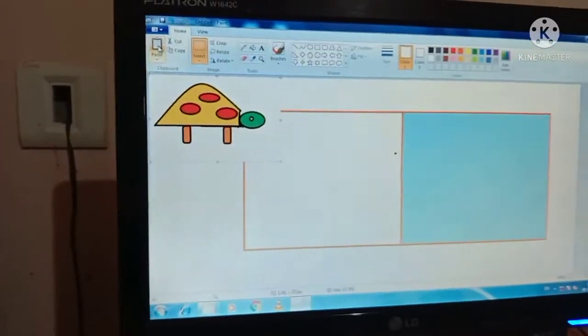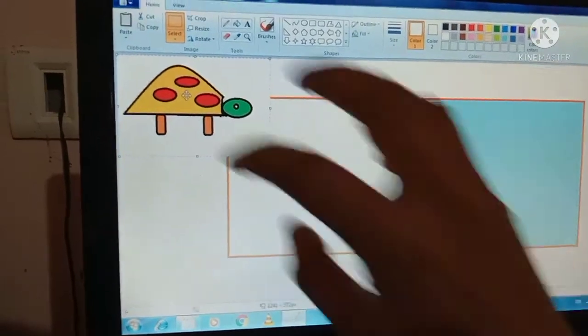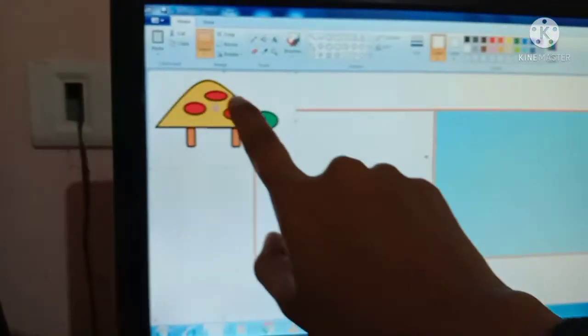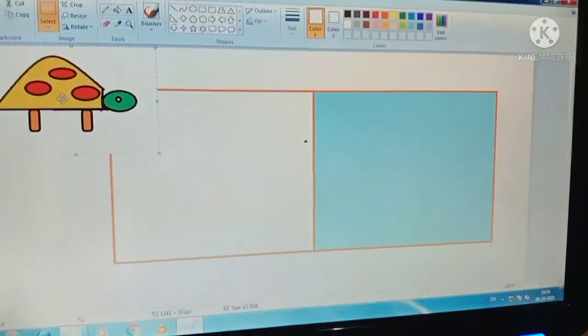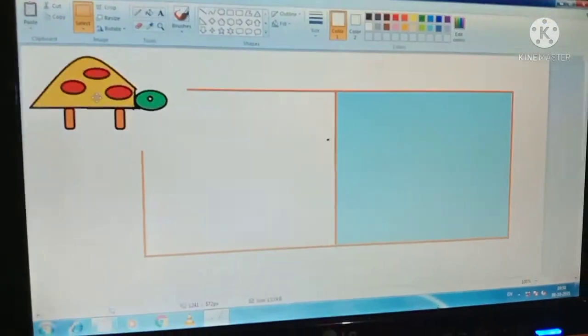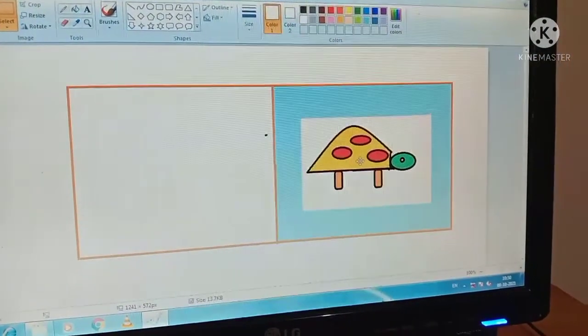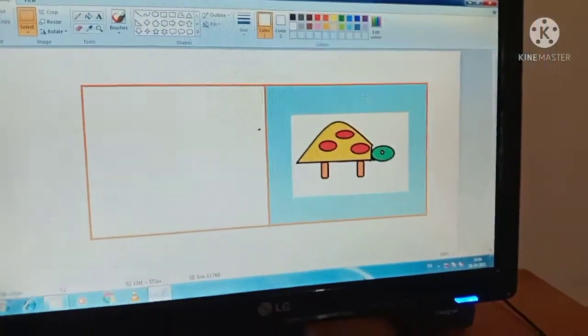Then I want to paste it. Paste means I want to move this picture from here to here. It's very simple. Just place your mouse pointer here, press the left button and just drag and place here. Then just click outside.